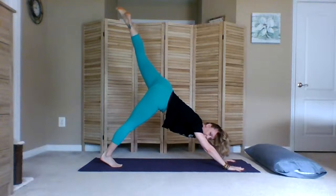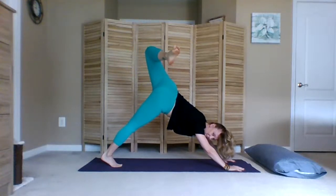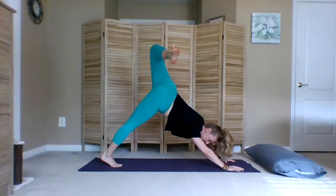Finding your three-legged dog. Staying here for 2 more breaths. You got this. Can you feel the bandha? Lift and lower. Now hook that left leg, left heel towards your butt. You can stay right here for a few more breaths, really pressing forward through the pubic bone, pressing forward through the hips. If it's in your practice to flip to the back bend of wild thing or flipping the dog,